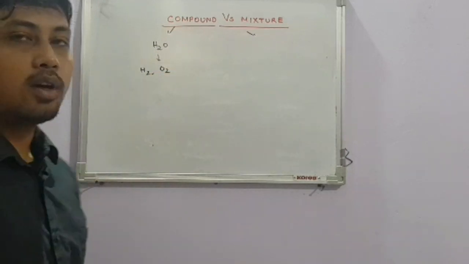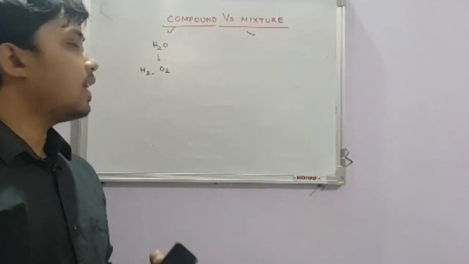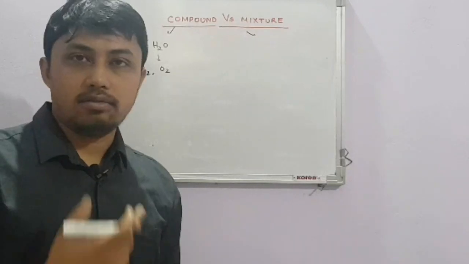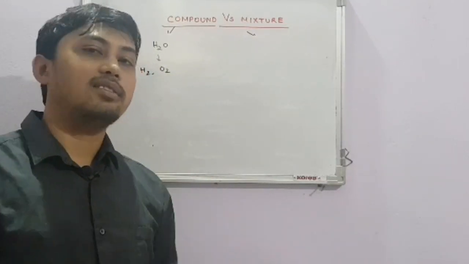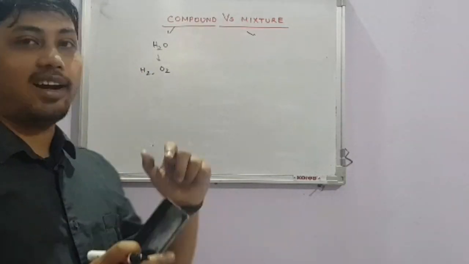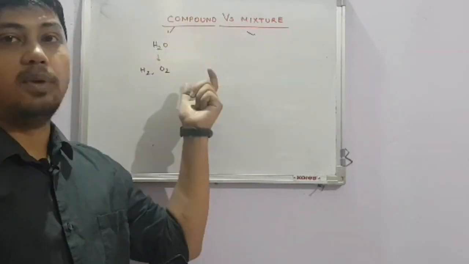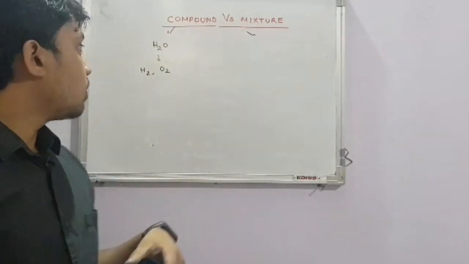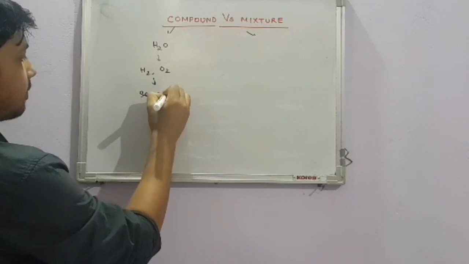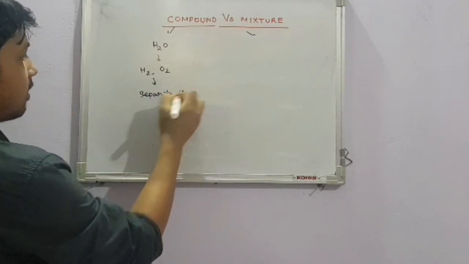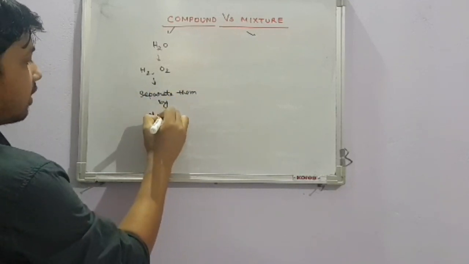Can you separate them by any physical method, like melting or boiling or baking or throwing? Not possible, right? It's not like you can throw away the hydrogen and be left with oxygen. So you have to separate them by some chemical method,